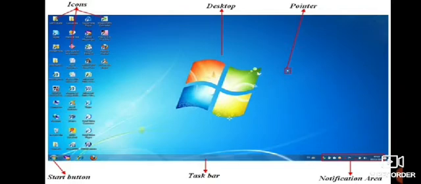Then next is the start button, which is on the left side of the taskbar. The taskbar is the long bar at the bottom of the desktop that contains the start button on the left corner and the clock on the right corner. Now you can see a long bar down, which is known as the taskbar.